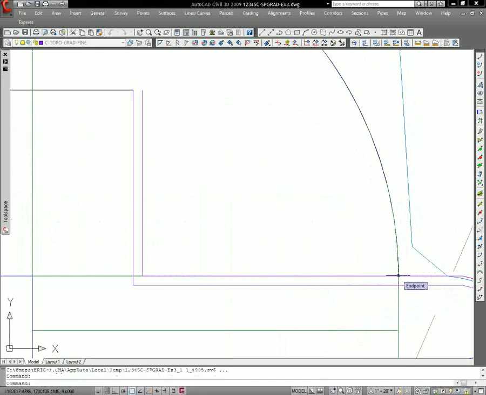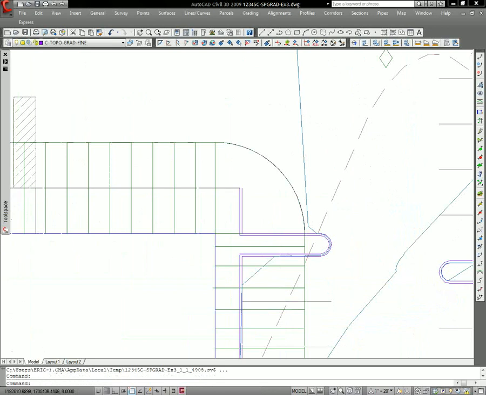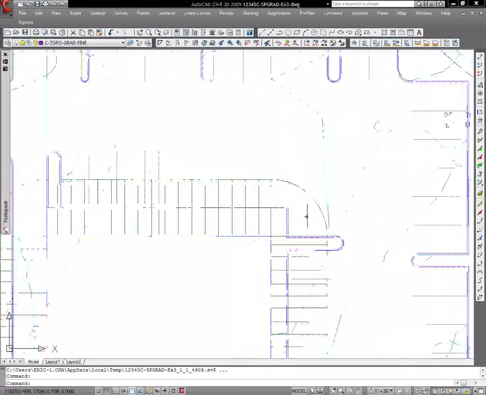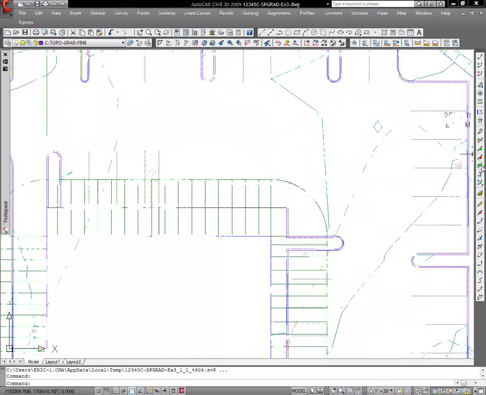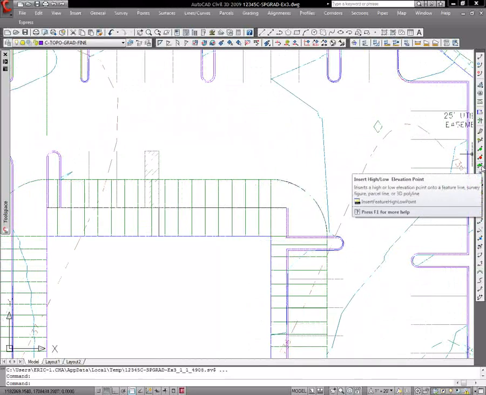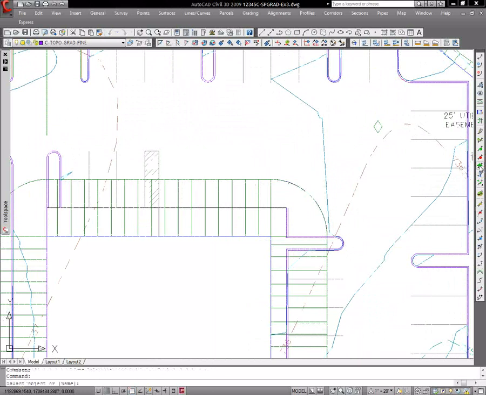So we're basically holding the same elevation the whole way around the face of the building. The next thing we'll do is create a low point using the same tool that we used before for the drive-through, insert high-low elevation point, and we'll use the feature line that we just drew. And from here